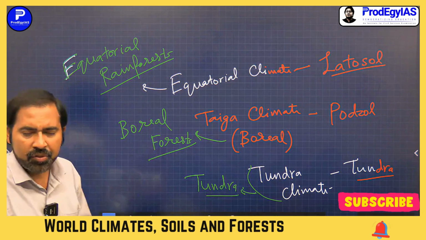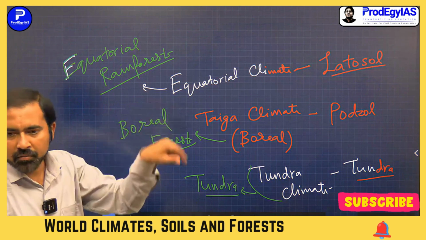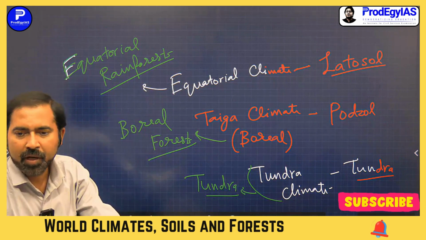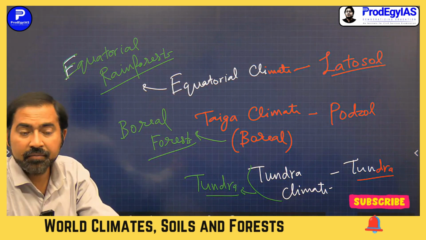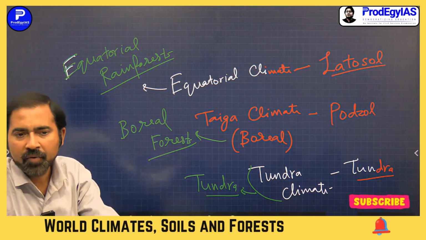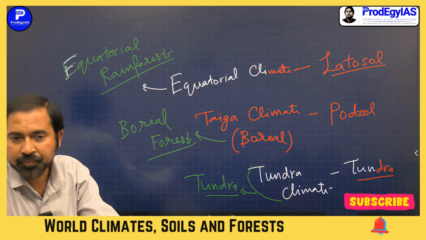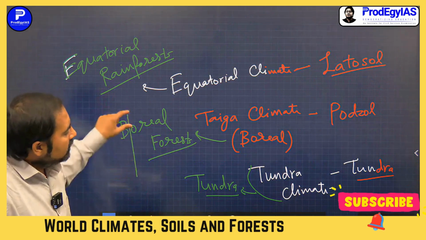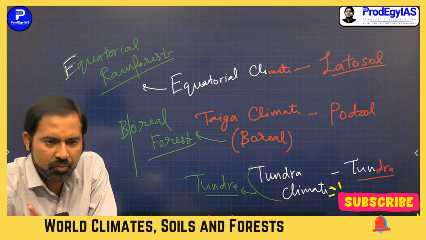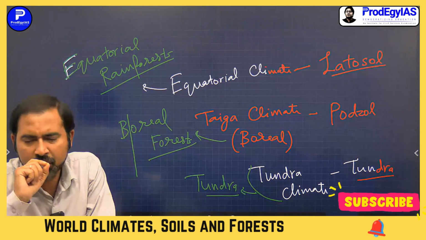In this particular section, questions are asked in a very factual manner. They provide you a paragraph, they write down some of the characteristics of a particular climatic region or vegetation, and then they ask you which of the following is the correct climatic region in which these characteristic features are found. So, our style of study here should be somewhat factual, means you will write down the characteristic features of each and every climatic zone, so that